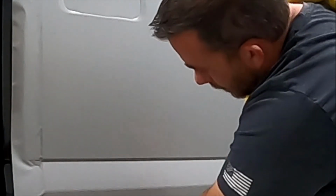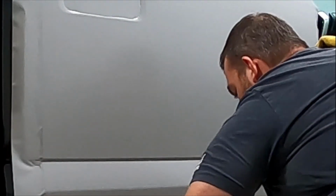So you can see I'm coming into this next dip here. And again, I'm just kind of feeding the vinyl down into it. I'm not what they call bridging it at all. Mainly because bridging causes failures. Or I should say higher risk of failure. It doesn't always fail. Get a good post heat on it, sometimes that can make it really work out well. But